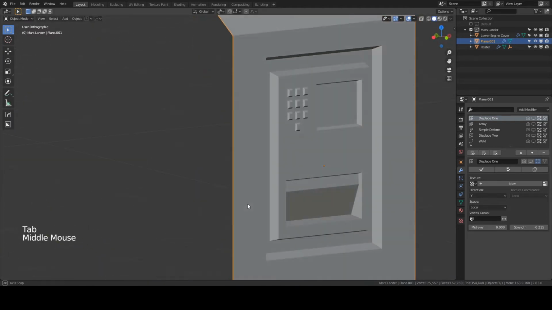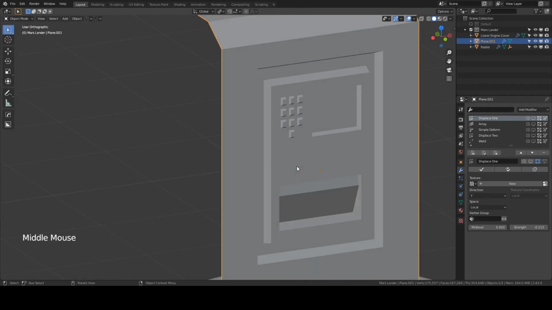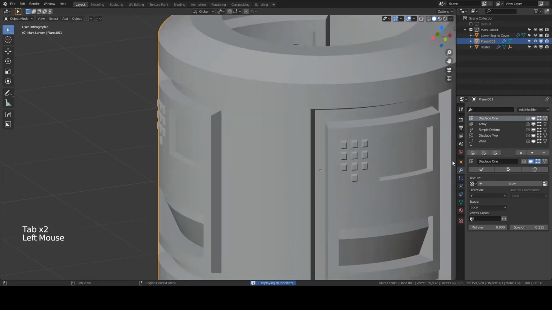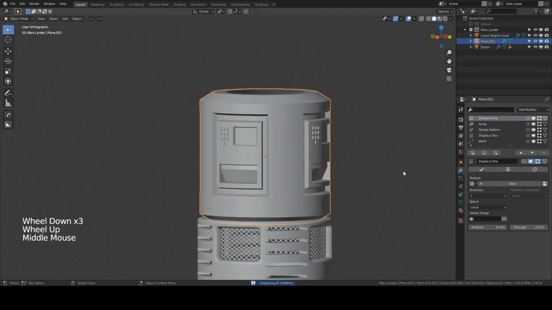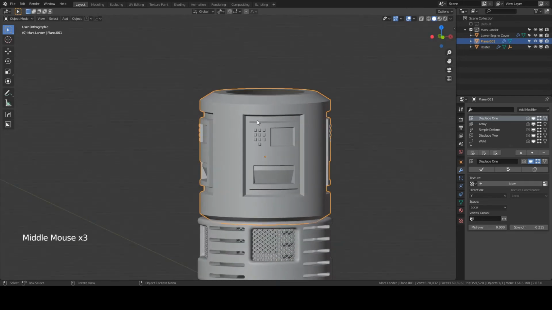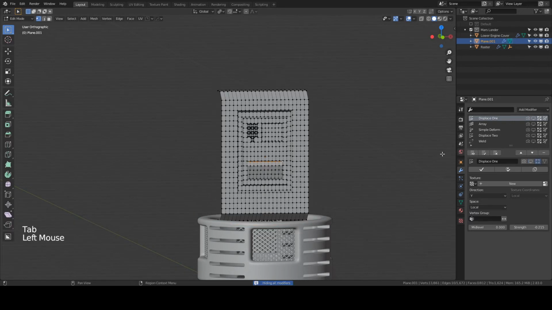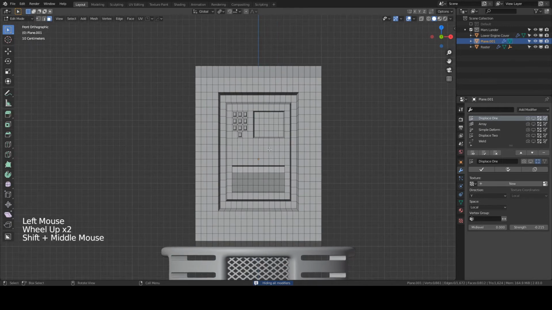So extra curve makes it always look a bit more interesting. Now if we put back on the modifiers, then I think this is getting in the direction I want it to go. Then we have some empty spaces over here. What we can do over there is we can select them,